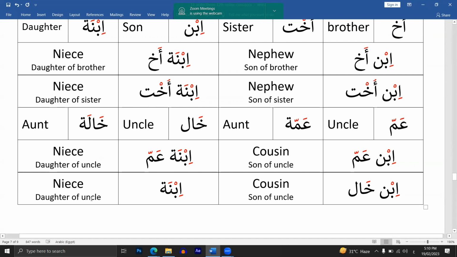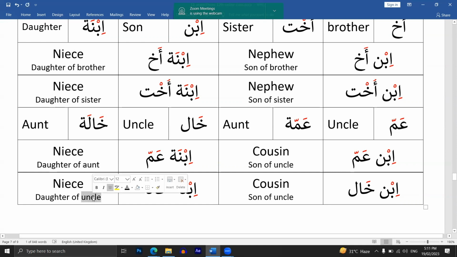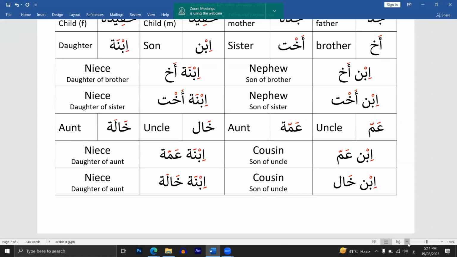And aunt, this is supposed to be aunt. Ibnatu khalah. And this one is ammah. Okay, these are the main vocabulary words you will need